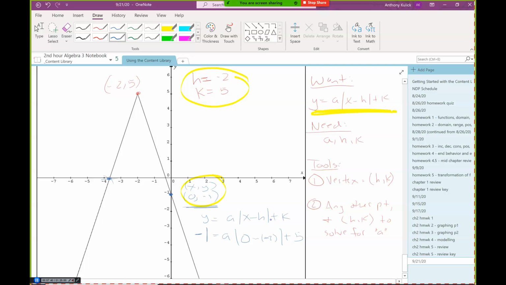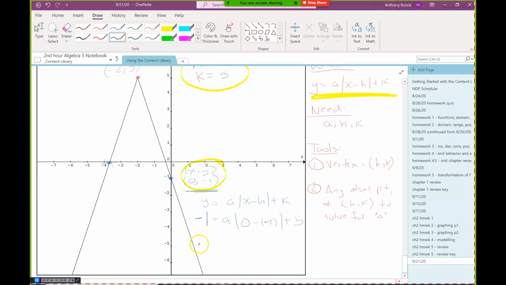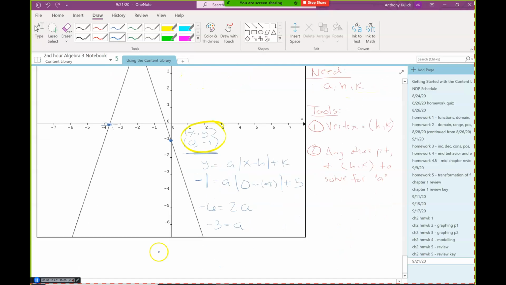And now we can solve for a. So if I subtract 5 from both sides, I get -6. 0 minus a -2 is +2, and the absolute value of +2 is 2. So that leaves me with 2 times a, or just 2a. And if I divide both sides by 2, I get that a is equal to 3. So my final answer I'd write is y equals -3